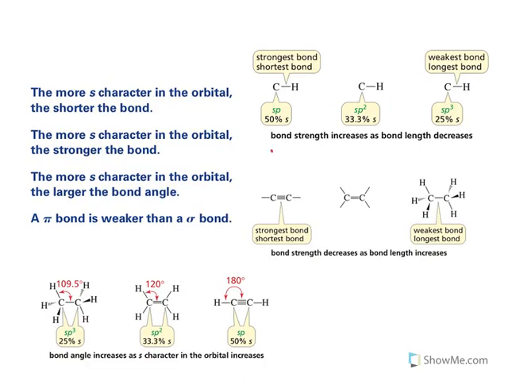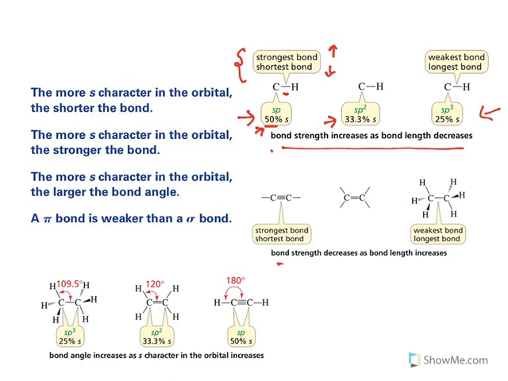See, these things are important. In sp, S and P, the character of S is 50%. When the character of S is more, it gives the strongest bond, and the bond length is shortened. When S character is increased, the bond strength is increased and bond length is shortened. You can see all the differences. In sp, it is 50% S, whereas in sp2, the S character is only 33%. In sp3, it is only 25%.